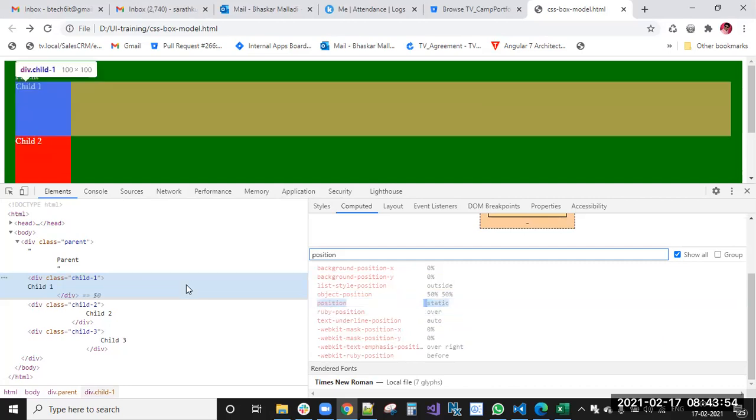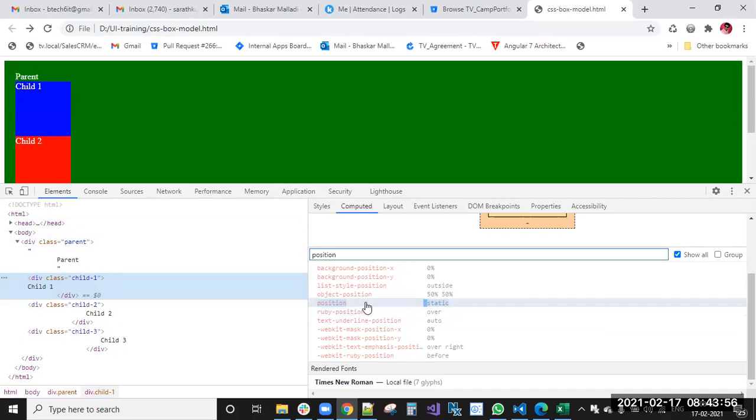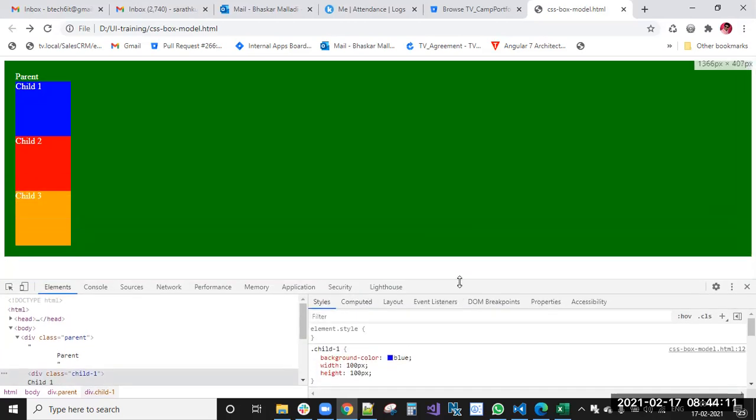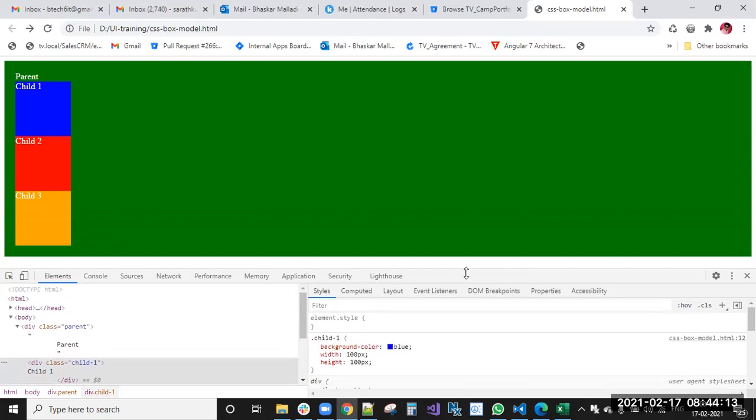This is the default for everything. For every div, if you are not applying the position property, the default position is static only. With static, we can't do anything. You're not applying any position property means that it is the default, static.